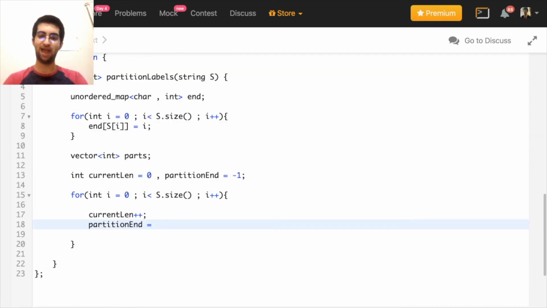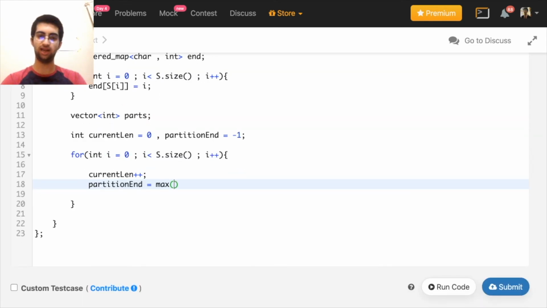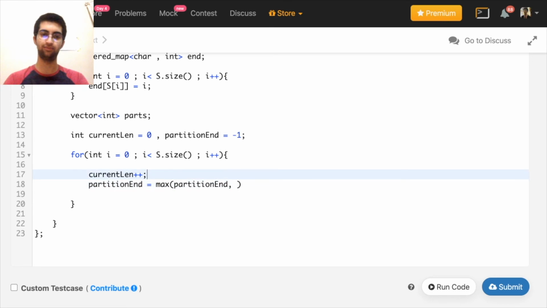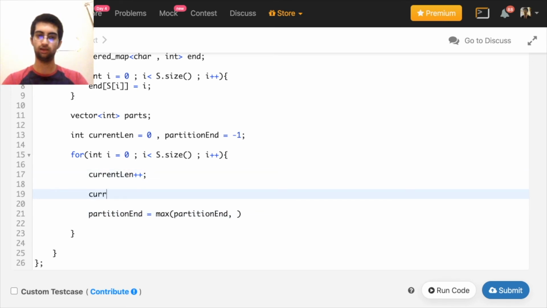So it will become the max of the current partition end and the current ending, which would be the last position of the particular alphabet that I am visiting right now.